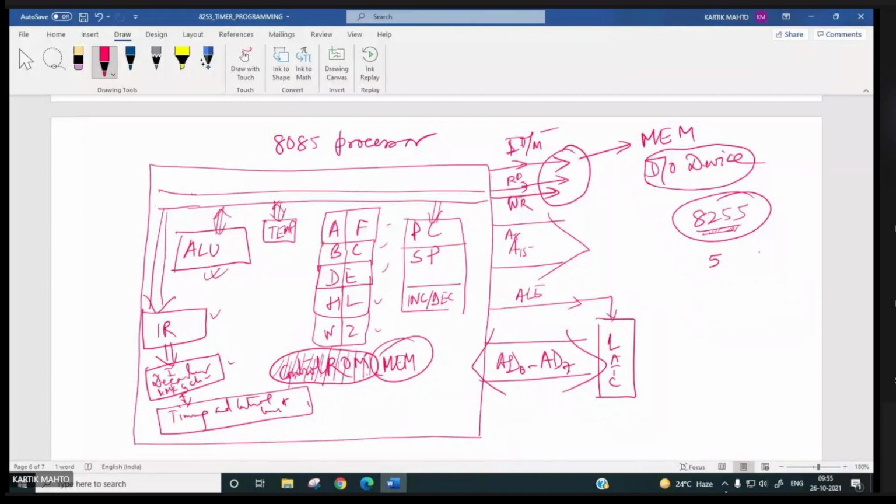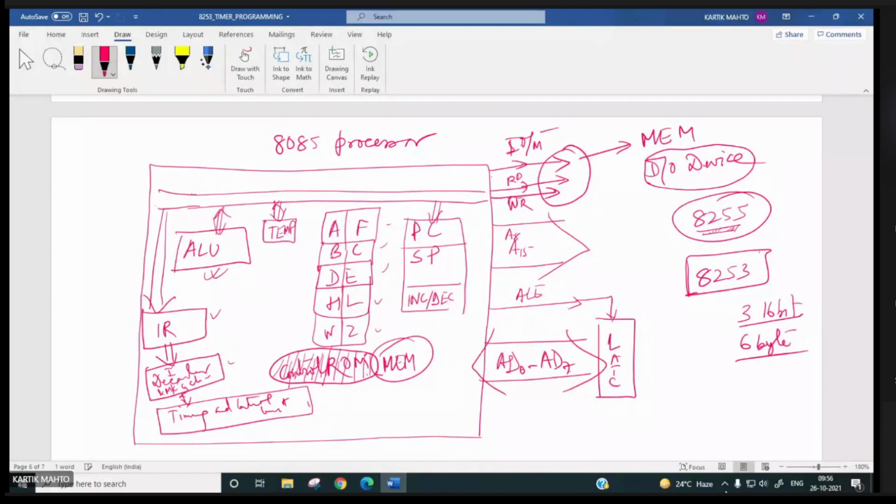Now in 8253, how many registers are there? 3 16-bit, no? 3 16-bit. So you can say it's 6 byte. One control register.